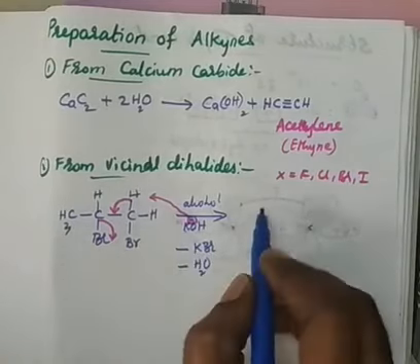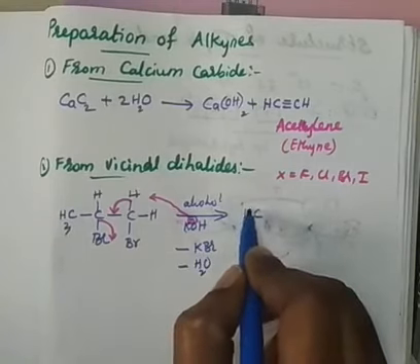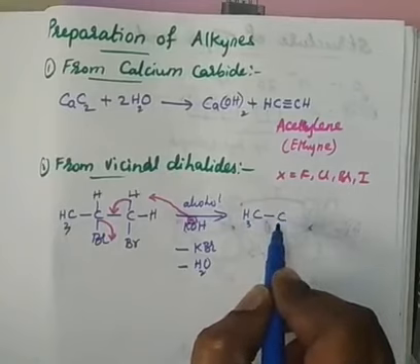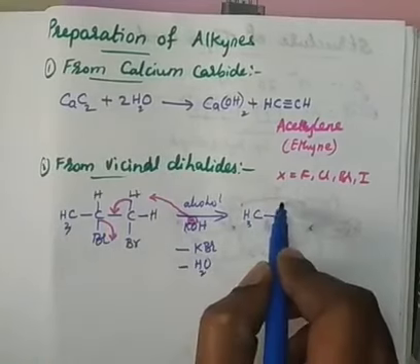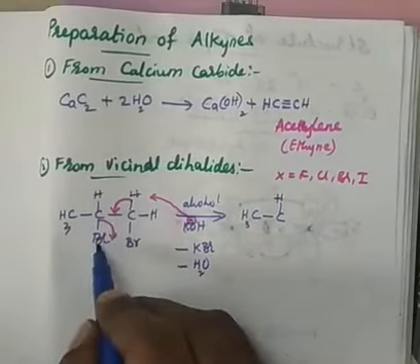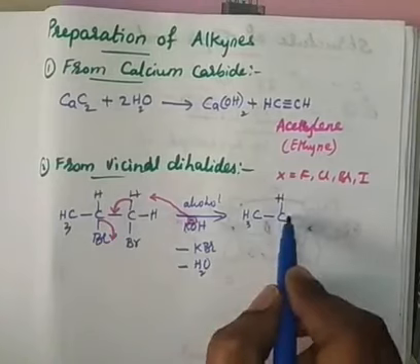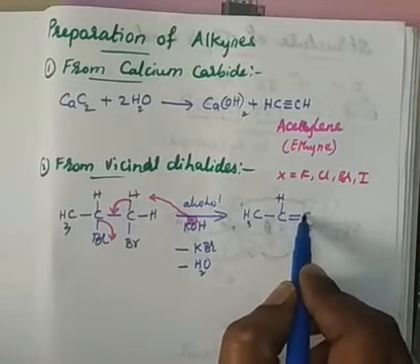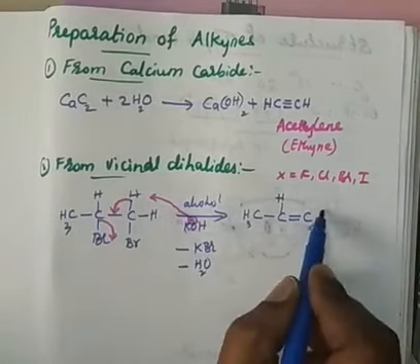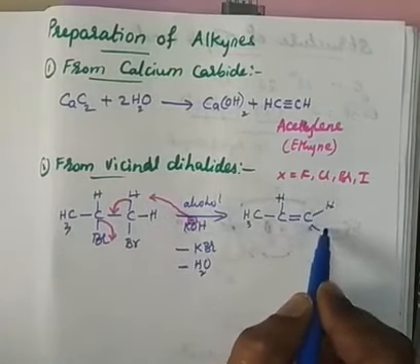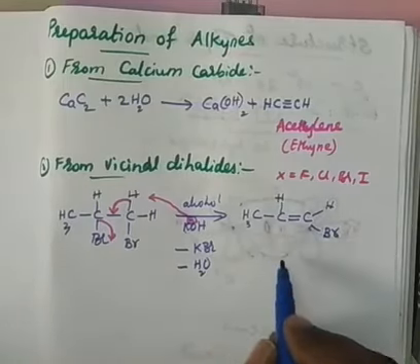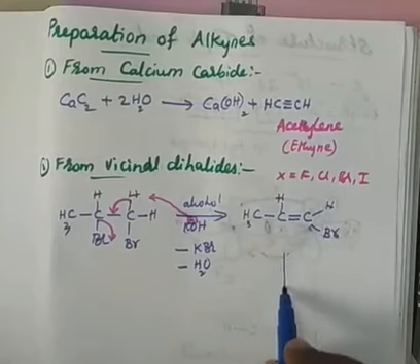So what is the product that will form here? Look at this, CH3 as it is, one substituent is present, and C I am writing here, and here one hydrogen as it is, but this bromine is gone and a double bond is formed. So let me write a double bond here and carbon, and now this hydrogen is gone, only 2 left over, one hydrogen, one Br, right? So we have got an alkene, right? But now we don't want an alkene, we want an alkyne, right?